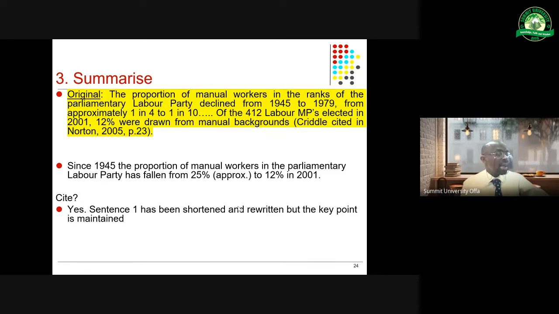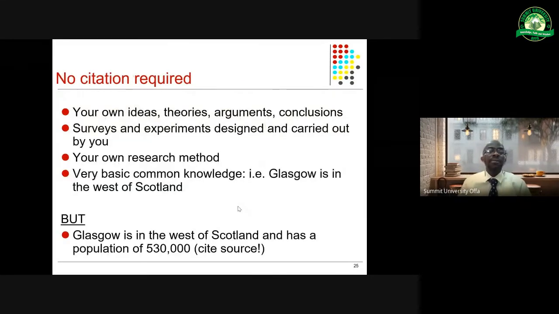Why must you cite here? Very simple, because the first sentence there that we have on the screen has been summarized, shortened and rewritten, but the key point is maintained. That's why you must summarize and you must cite. At what point